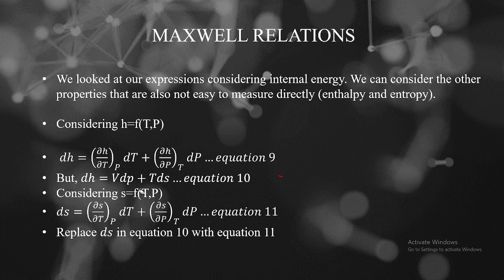So following the same format as for the internal energy, we see here that I have dP and dP, but I have dT and dS. So I want to change the S to something with T and P, so I can make S a function of T and P, because we don't want to be working with change in entropy, right? So S as a function of T and P. So I can express the S as this and then replace the dS in equation 10 with that. So if I do that,